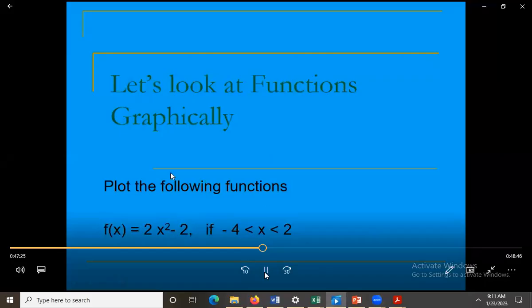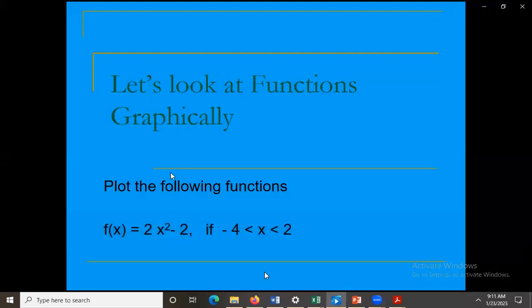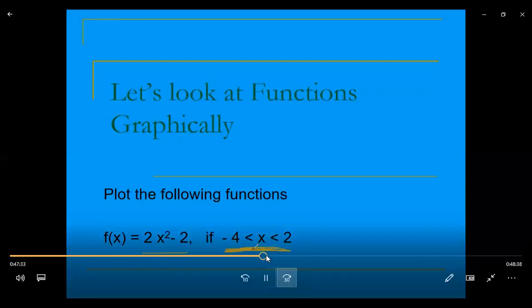Function. So you can just take note of it, 2x squared minus 2. And then the domain of x is in between negative. Okay, let's forward a bit. F of x,